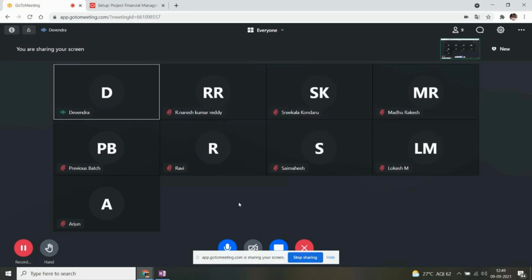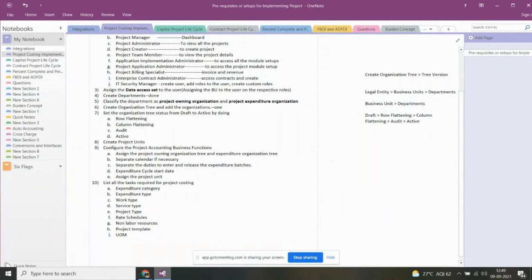When it comes to Fusion, we know that operating unit is replaced by business unit, and above this business unit the structure is the same, there is no change. After business unit we have project unit, and under project unit we have organizations.